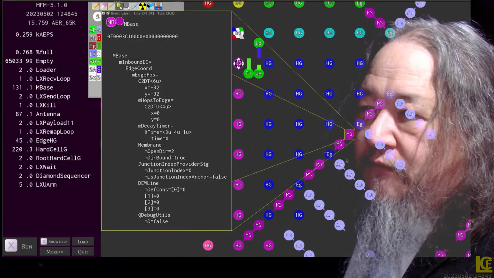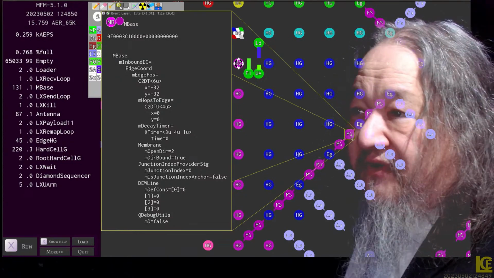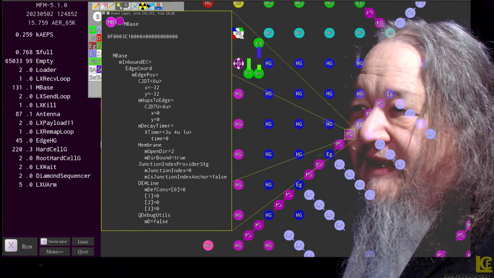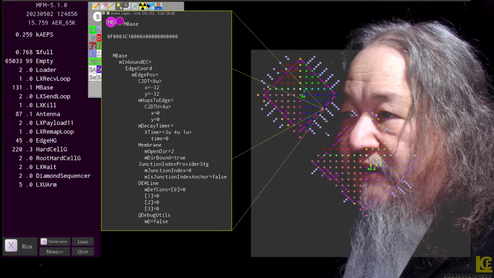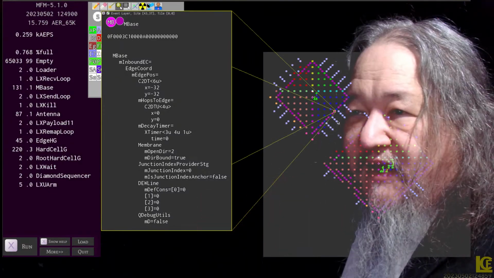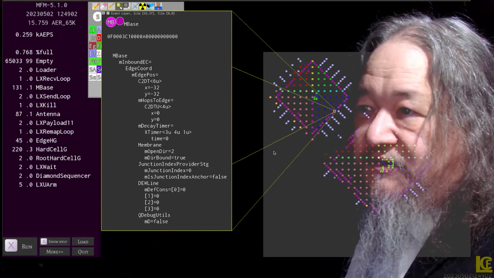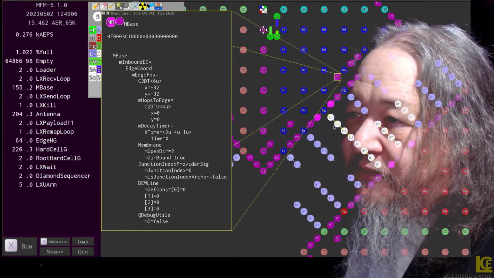Those are the only vestige of the old membrane. M stood for membrane, M base, like that. Now there are very few warnings, and the whole thing grows much faster. And eventually I'm probably going to need to go back and retune how fast all that kind of stuff happens. But for the moment, I'm just saying, okay, great. So there it is. Now they've come in contact with each other.